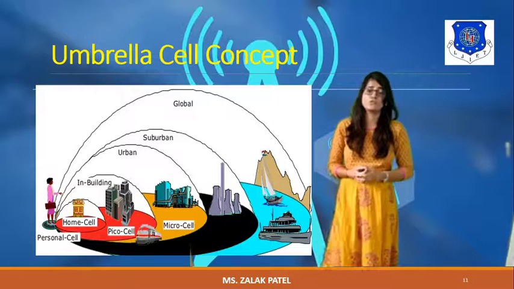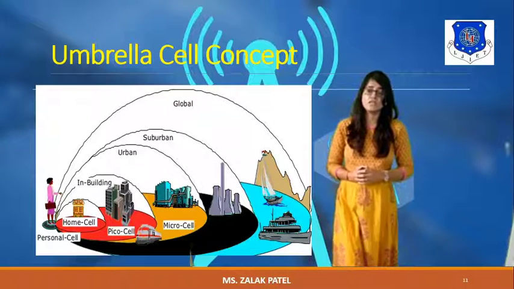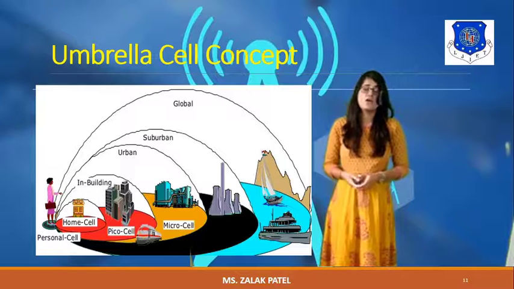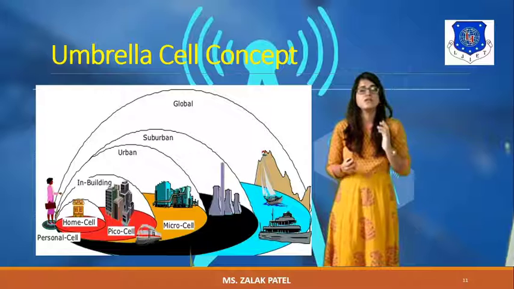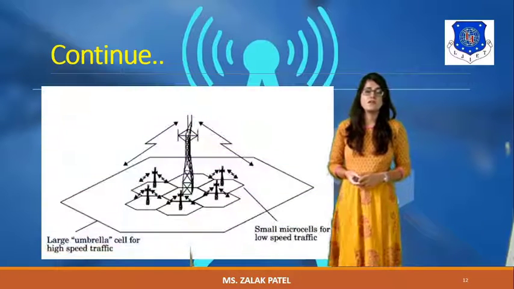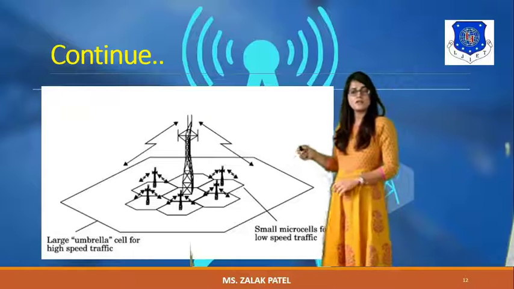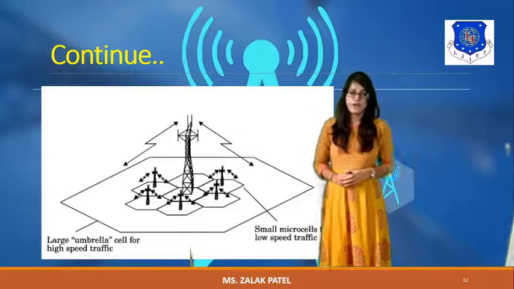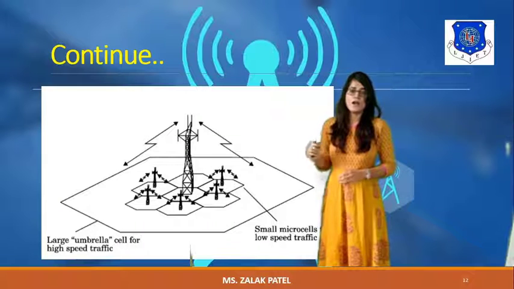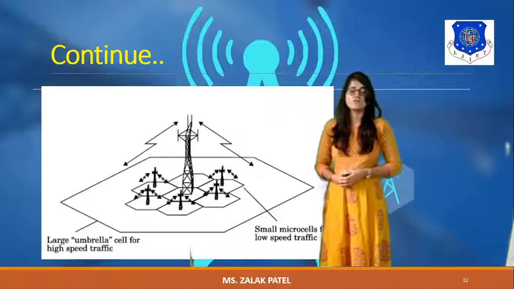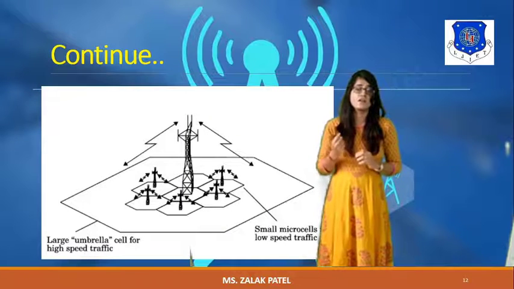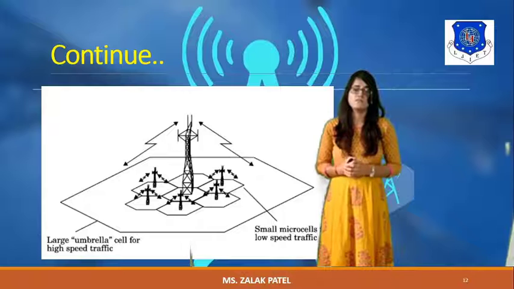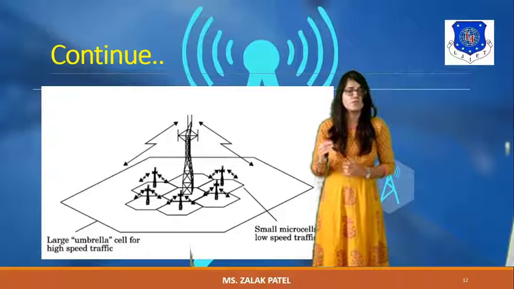You can note that for high velocity traffic you choose the larger cells, or the bigger cell, and for small traffic requirements you choose small cells. So consider this figure. Here you can note that the larger cells are for the high velocity users, and the smaller cells are associated with low velocity, or where the traffic requirements are less, and at that time a small number of cells are required.